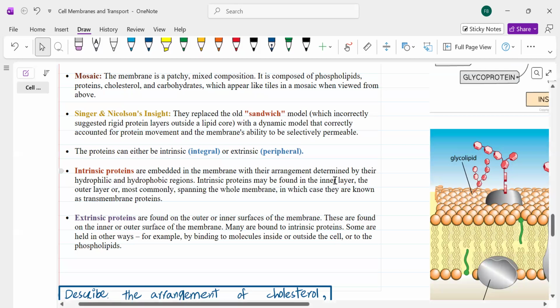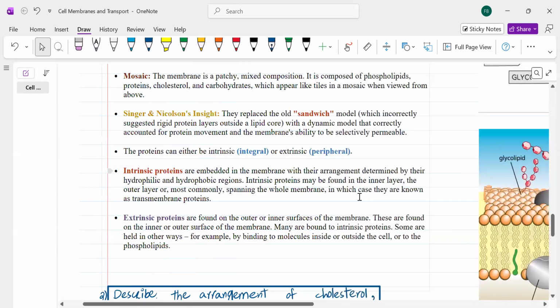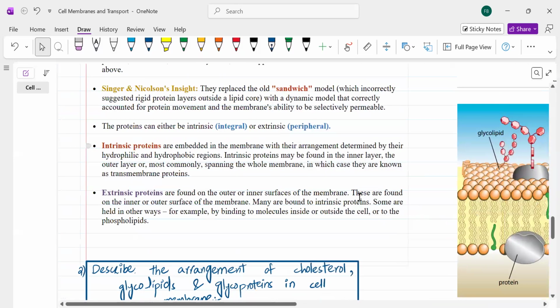Now we will talk about the proteins which are present over here. These proteins can be of two types: intrinsic proteins and extrinsic proteins. From the name indicated, intrinsic means they